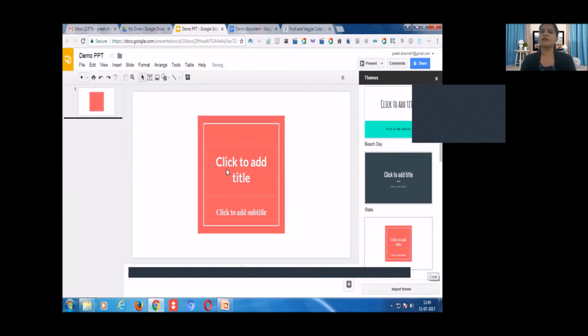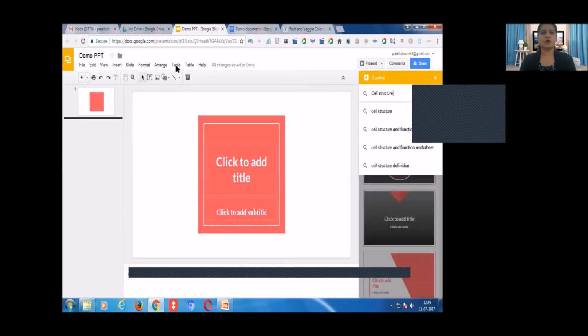Now you have to add contents. Remaining things are as they are in Microsoft PowerPoint. The new task that we have already explored in Google Docs is that you have to go into the Tools option, and in Tools there is Explore. If you click Explore, a new window will appear, which is nothing but your Google search engine. So you add some keywords here.